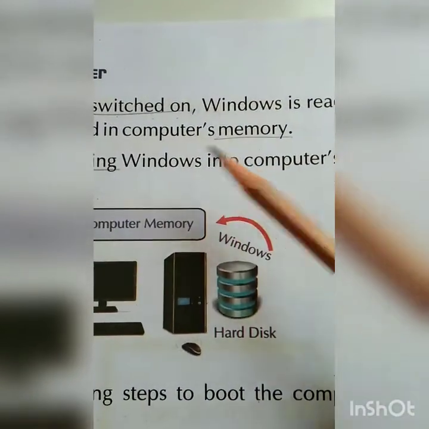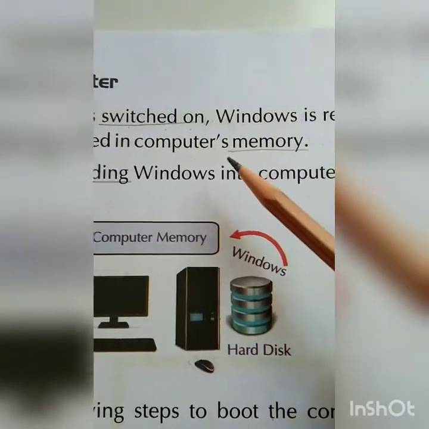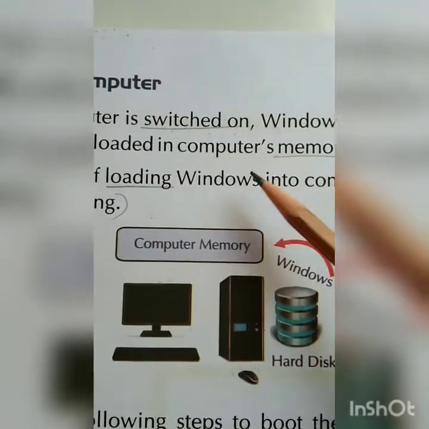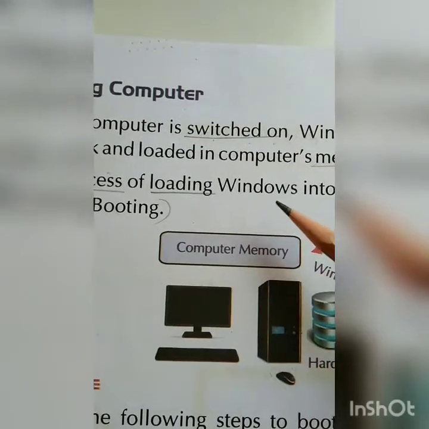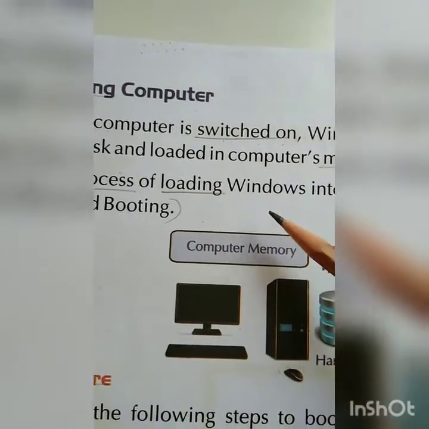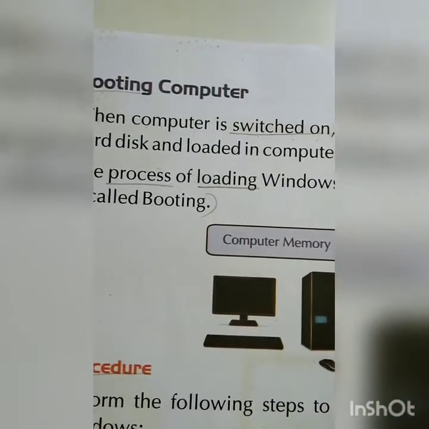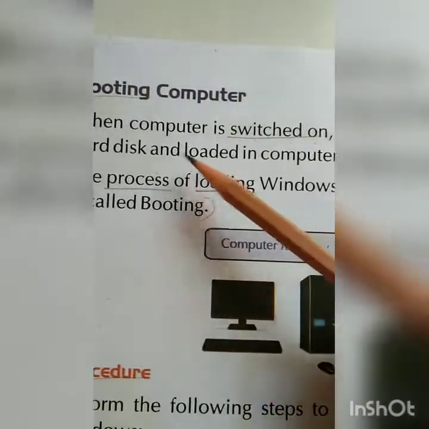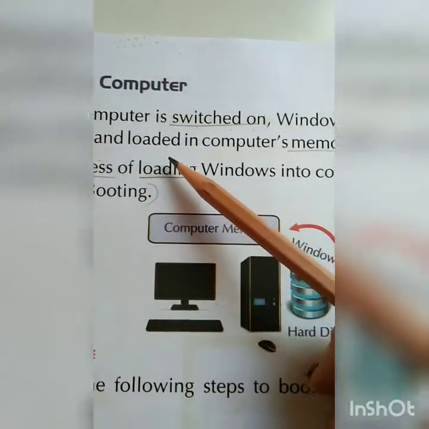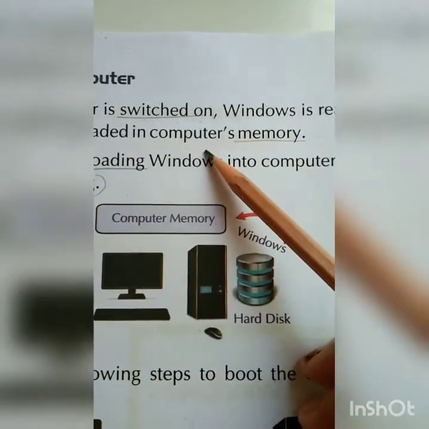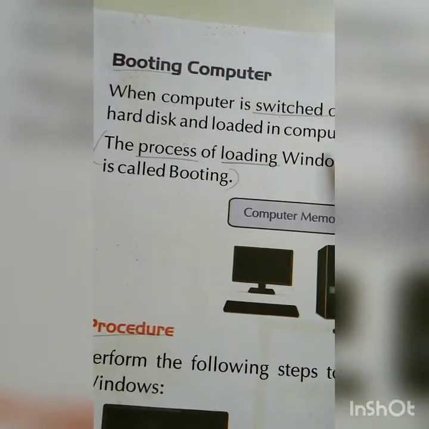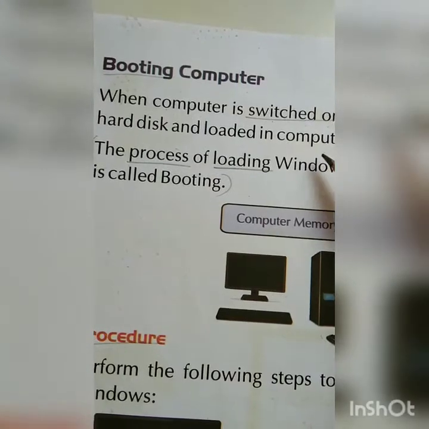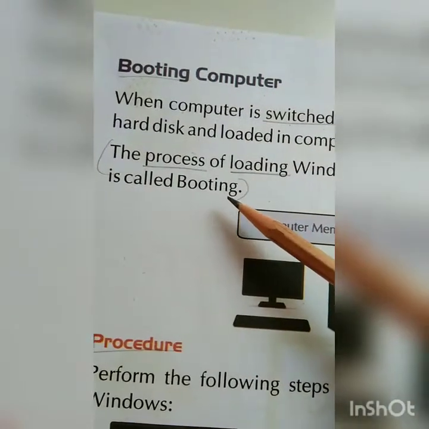When you switch on the computer button, it is read that you have switched on your computer, so it will show on your computer screen, that is, on your monitor screen. The message is passed to the hard disk and the screen is shown on your monitor. Okay, then your work starts. Now you can start. Now what is the main point?